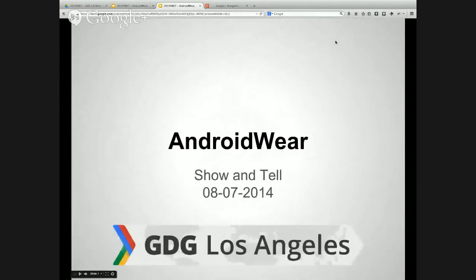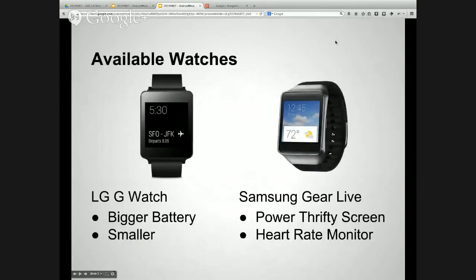It's more of a demo. Right now you have two devices. You probably have heard of it. You have two choices, and they're very different in features.